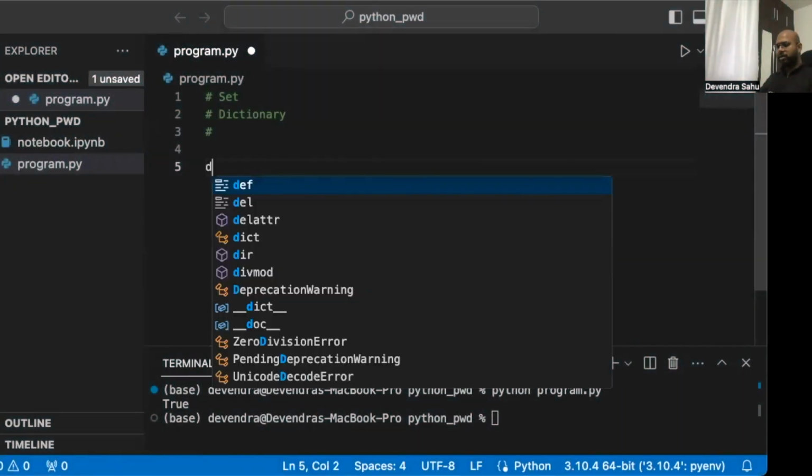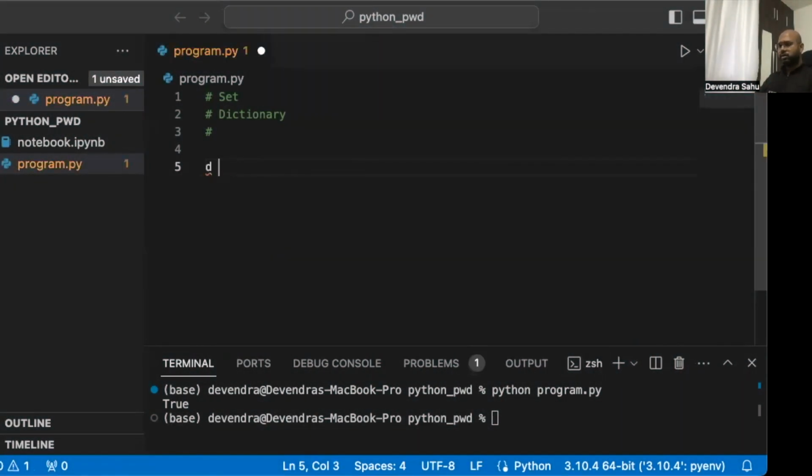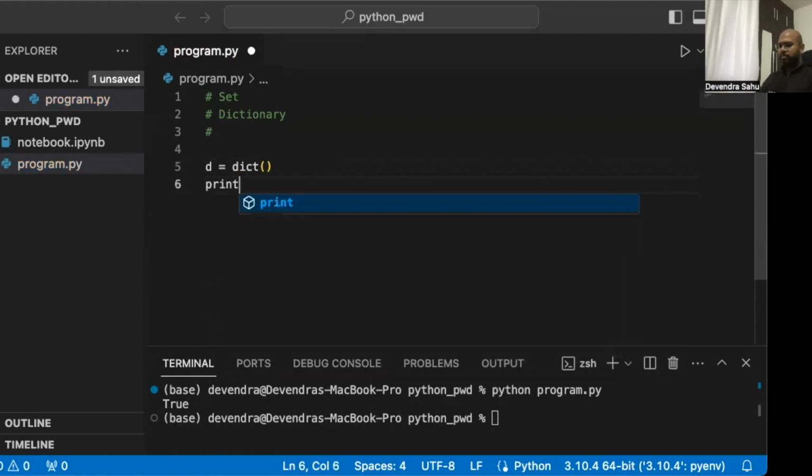We can create an empty dictionary with the function called dict. This is an empty dictionary. If we print it, let's see how an empty dictionary looks. See, it's again curly braces. But what is different between a set and a dictionary, apart from the curly braces, is that it's a named